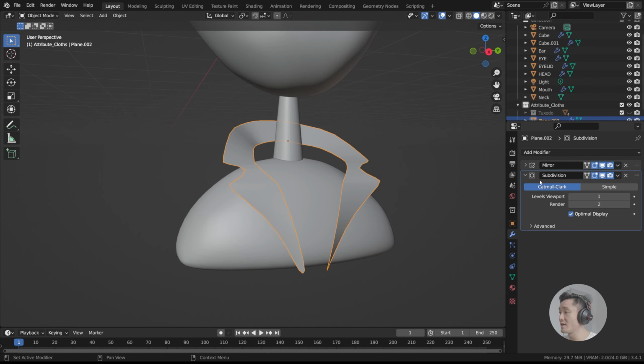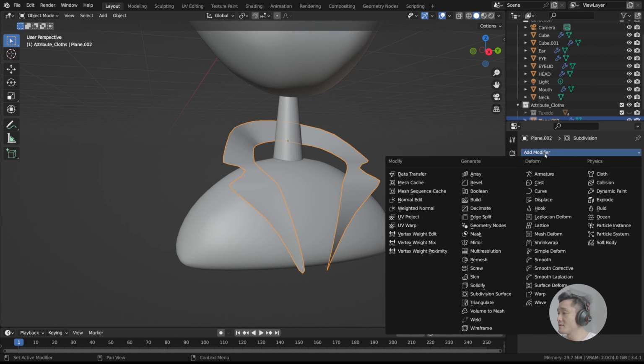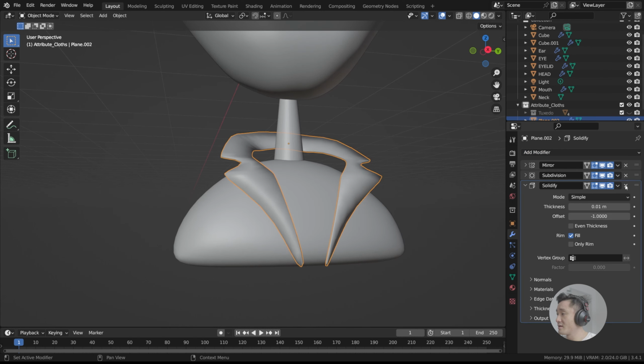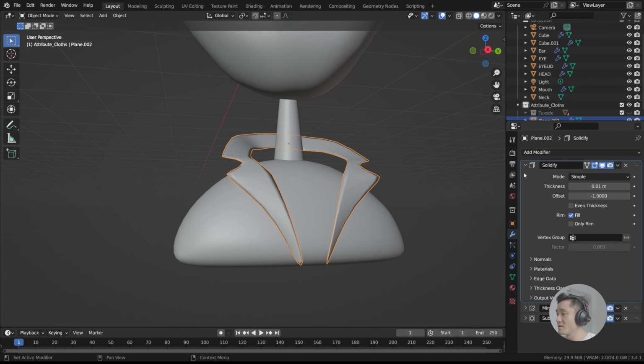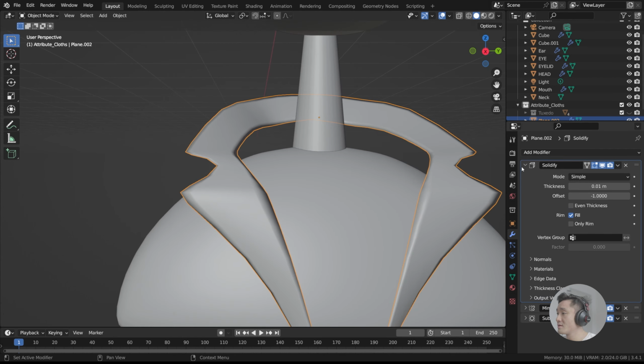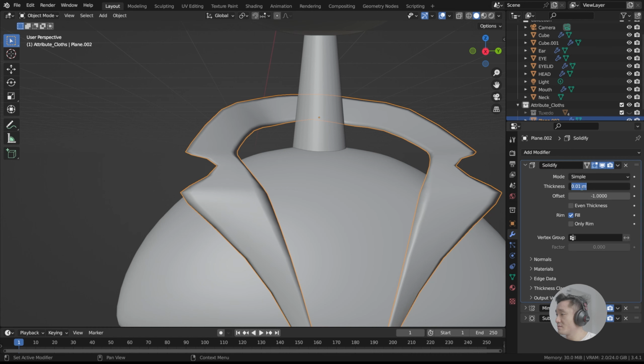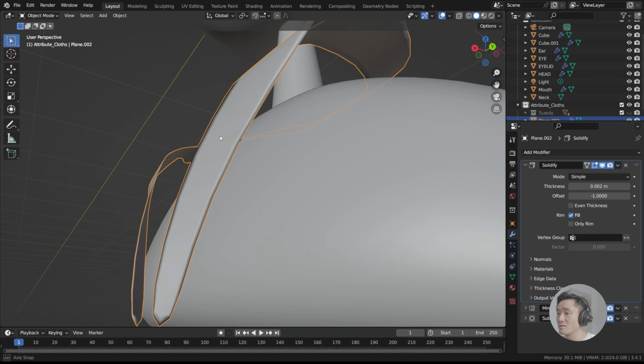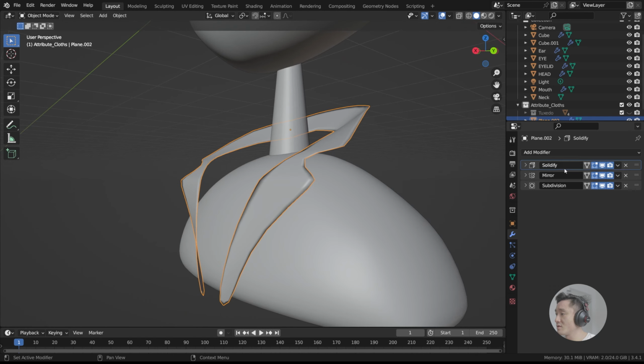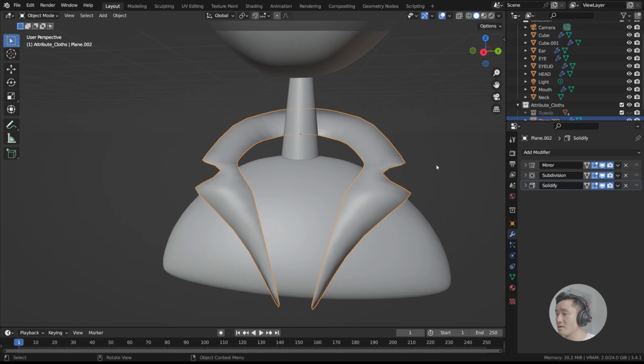Let's give it a solidify modifier, and again place it as the first, and then let's give it a little less thickness. So I think it's gonna be 0.5 or even less maybe. And let's see what happens if we... Okay, I guess we want